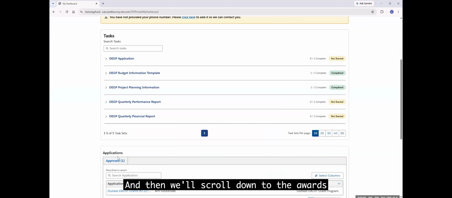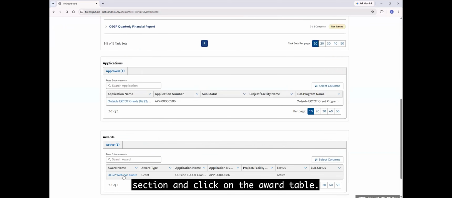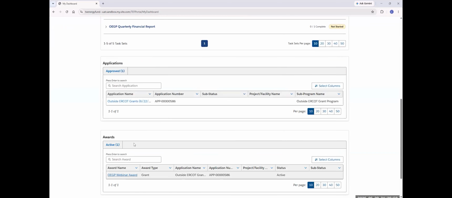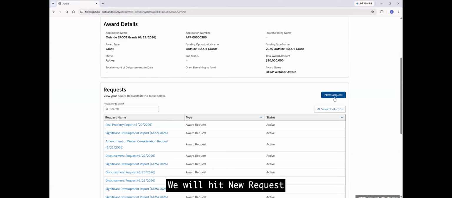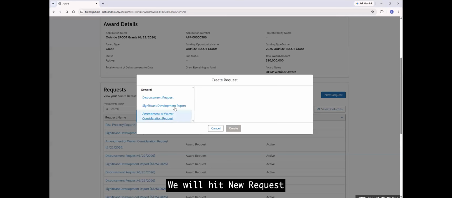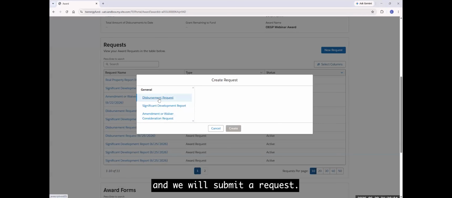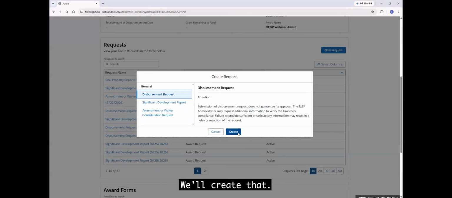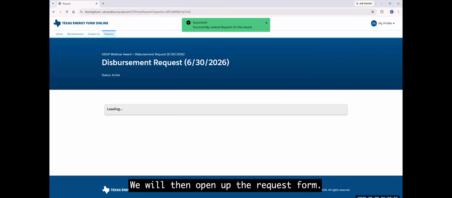Then we'll scroll down to the Awards section and click on the award table. We will hit New Request, and we will submit a disbursement request. We'll create that. We will then open up the request form.